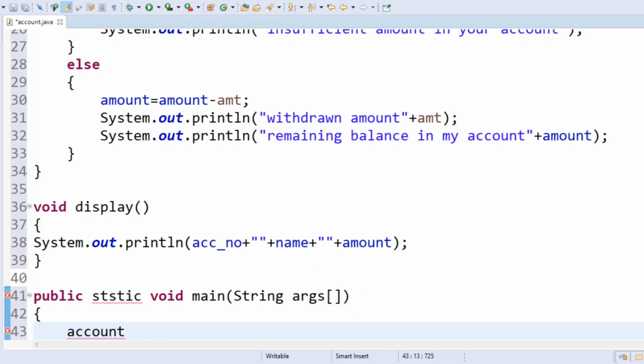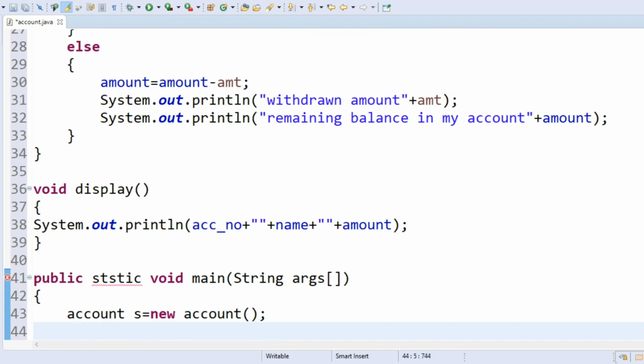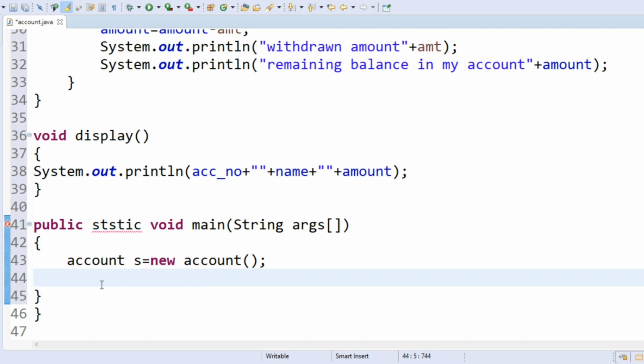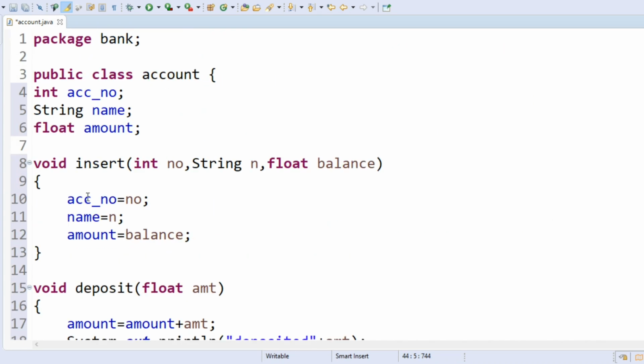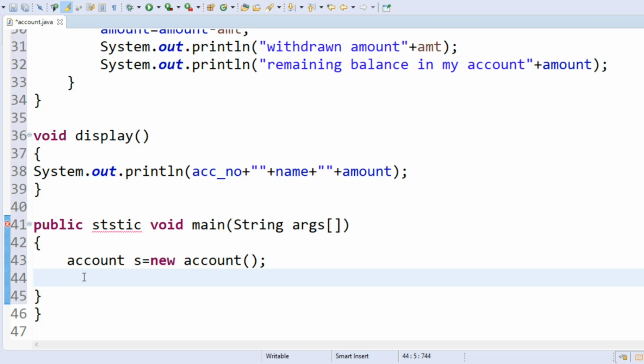I want to take Account s is equal to new Account. Okay, so here I created an object. So I would like to call the methods into the main method.